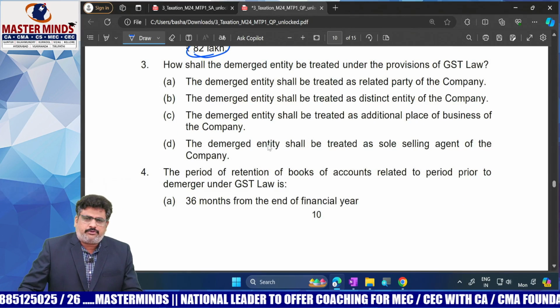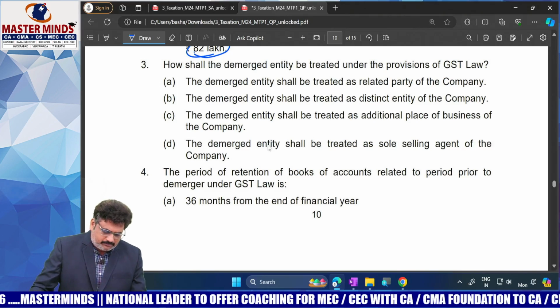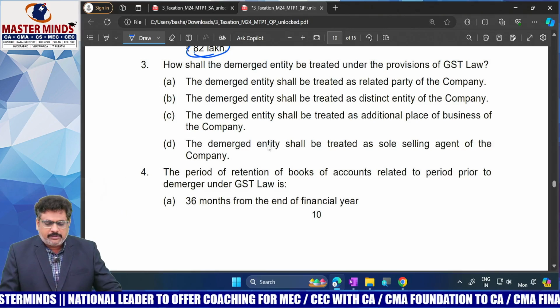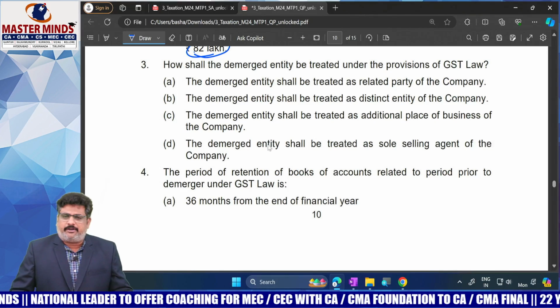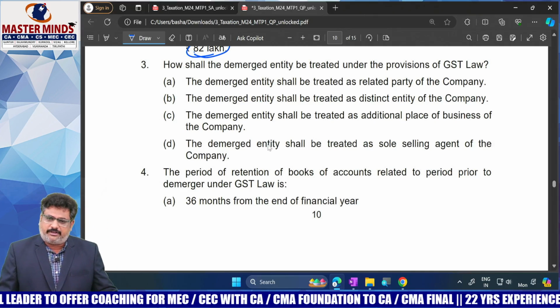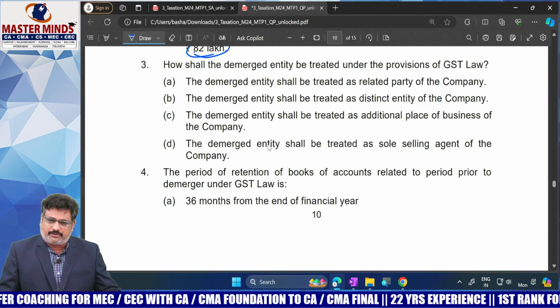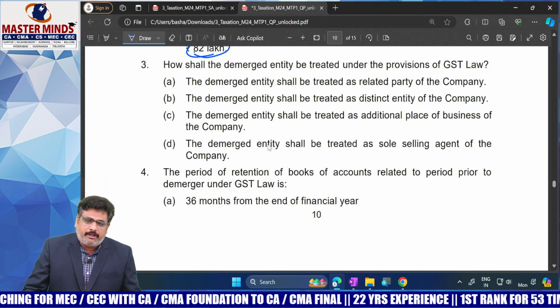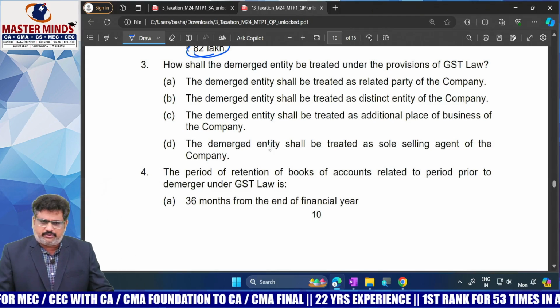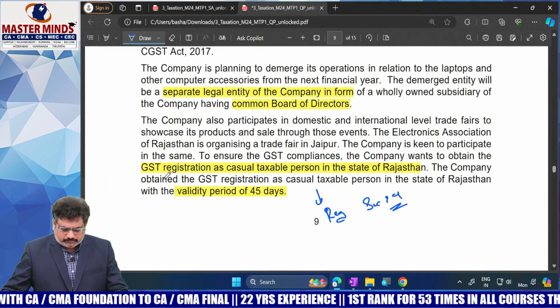Next question: how shall the demerged entity be treated under the provisions of GST law? The demerged entity shall be treated as a related party. Demerged entity shall be treated as a distinct entity. Demerged entity shall be treated as additional place of business of the company. Demerged entity shall be treated as a sole selling agent of the company. Okay. If you observe here,